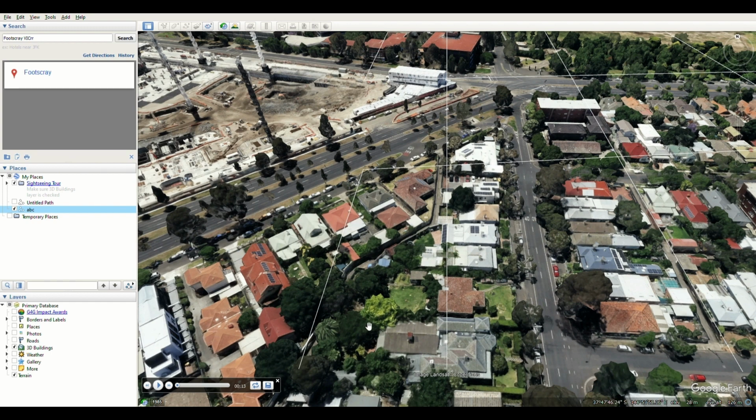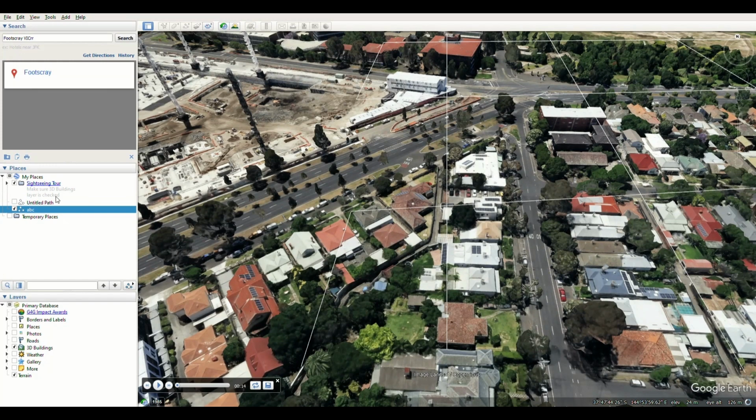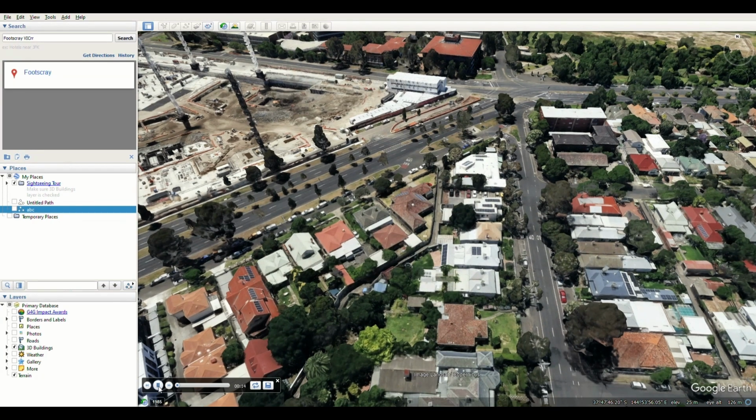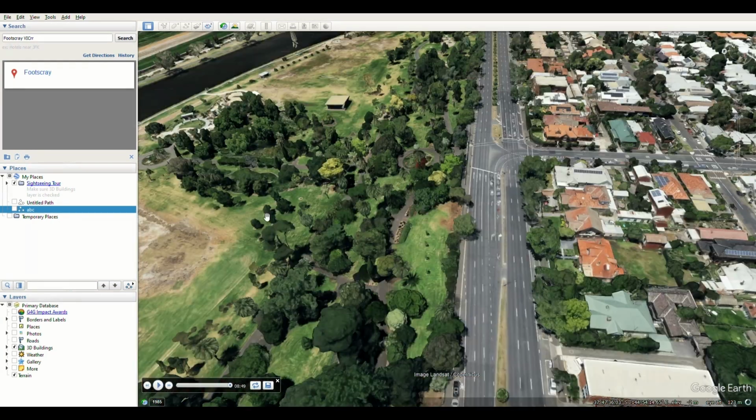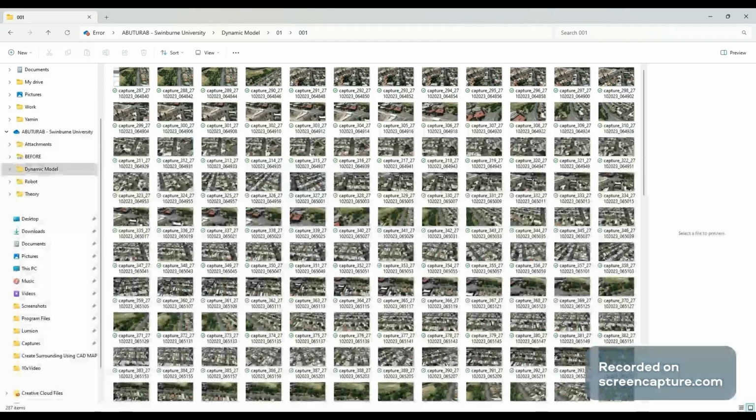So now the camera has started capturing images and will play, but we have to make sure that this path is turned off, and we'll start. After it has captured all the images, we'll go back to Irfan View. After the capturing is complete, you'll be able to find the screenshots in the desired folder,